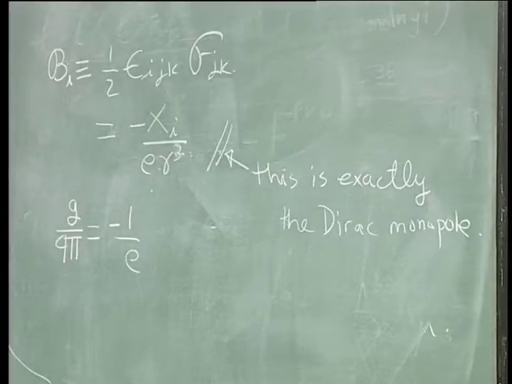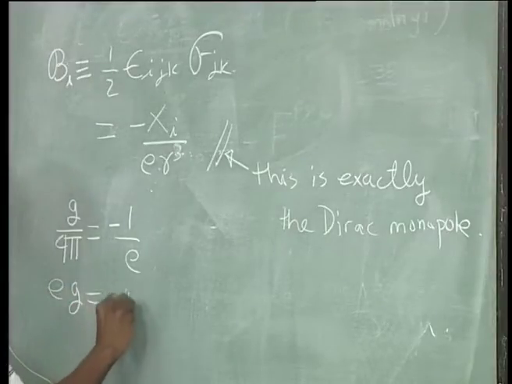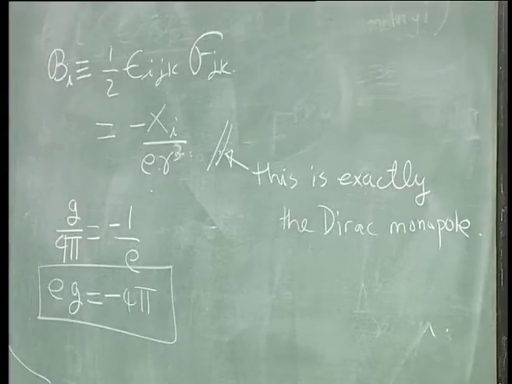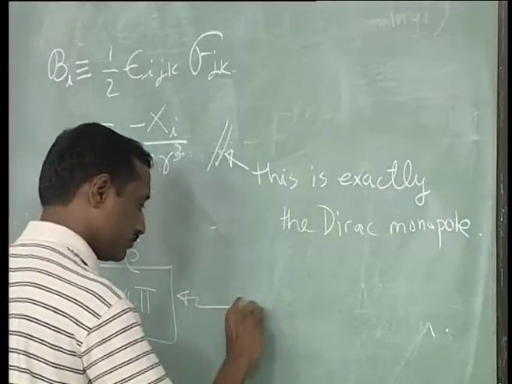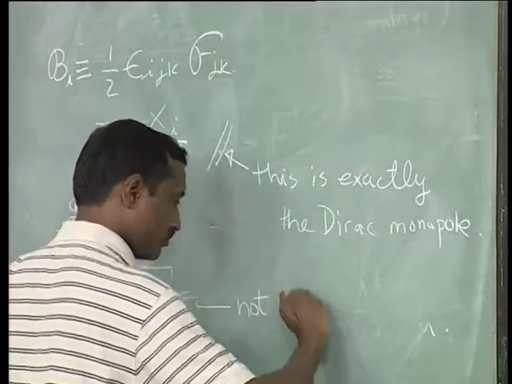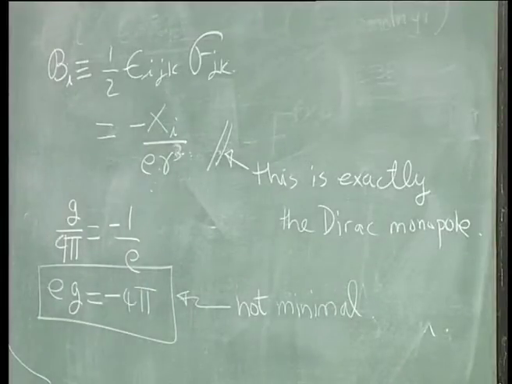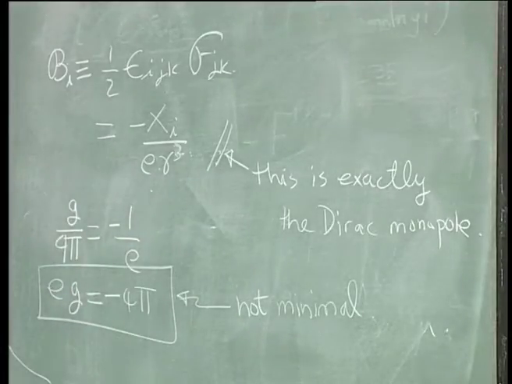So eg is equal to minus 4 pi. What was the Dirac monopole condition? eg was 2 pi, right. So this is not minimal. I would say it is minimal if it was 2 pi, okay, but there are